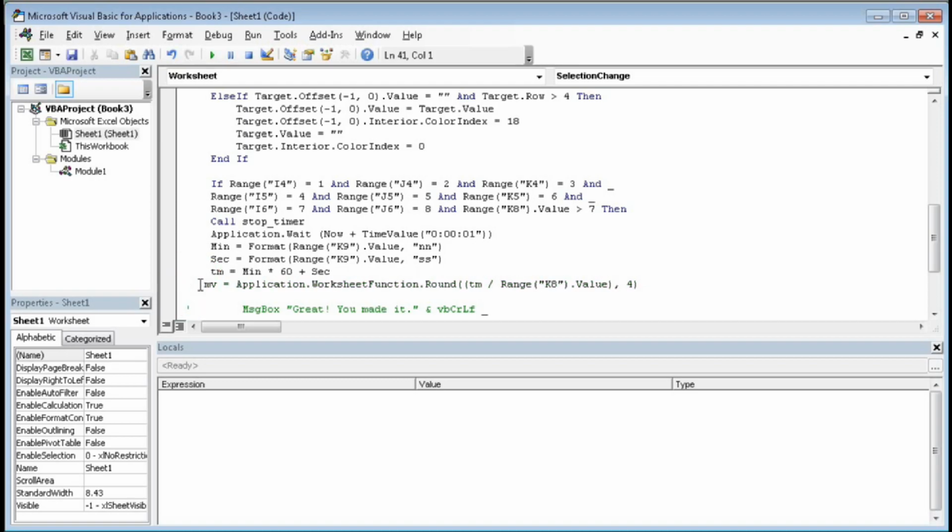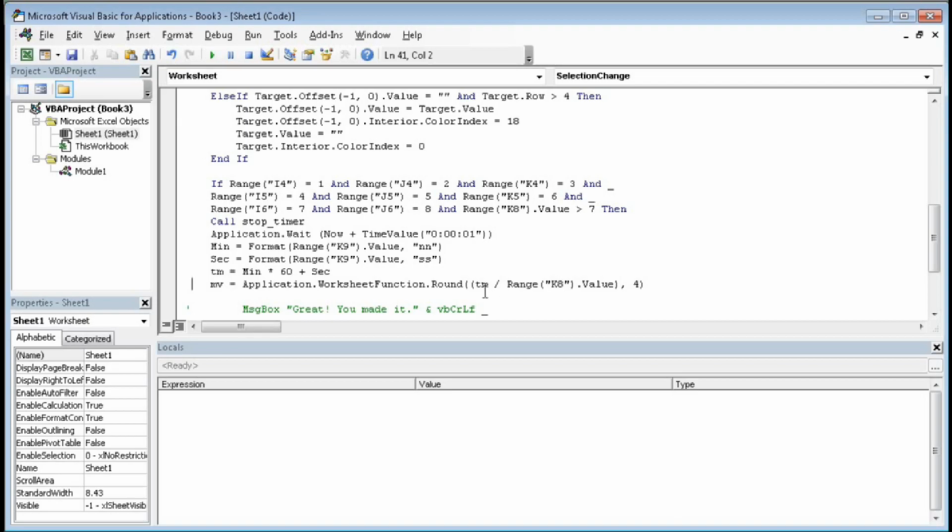And here mv is equal to Application.WorksheetFunction.Round. So this will round off tm divided by K8. K8 is the number of moves.